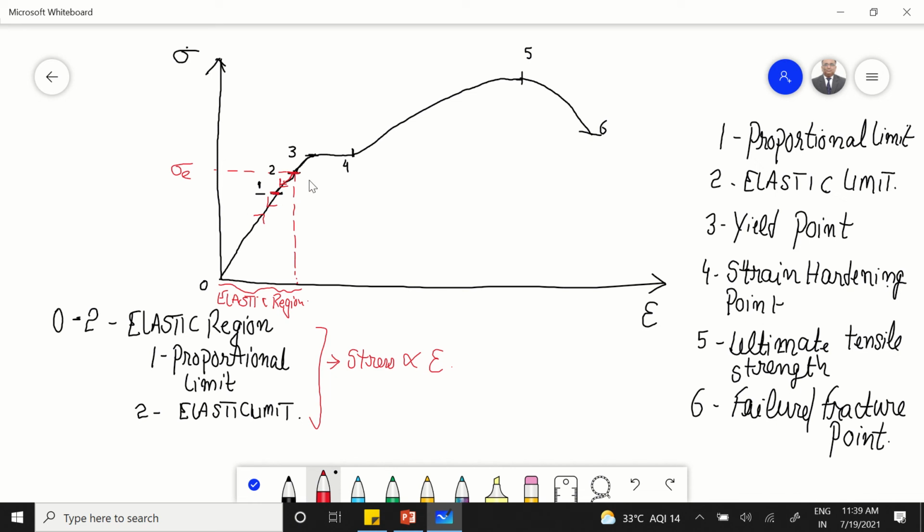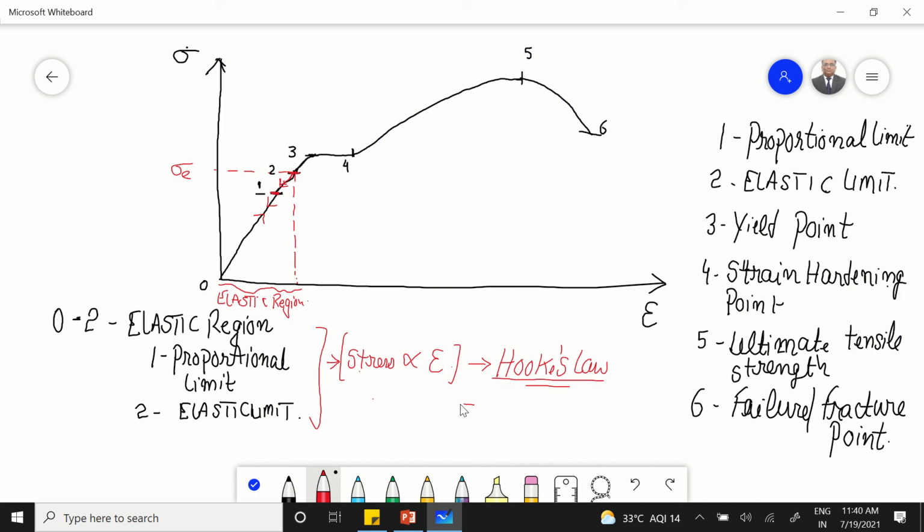Why are they identical? Because the proportional limit is very close to the elastic limit. So for elastic material, we define that up to the proportional limit, the stress induced in the material is directly proportional to strain, and we call this law Hooke's law. Hooke's law states that within the proportional limit, or since for a steel material these 2 points are identical, we can say within the elastic limit of a material, the stress produced in a material is directly proportional to strain.